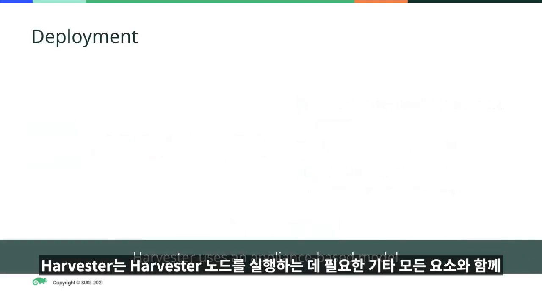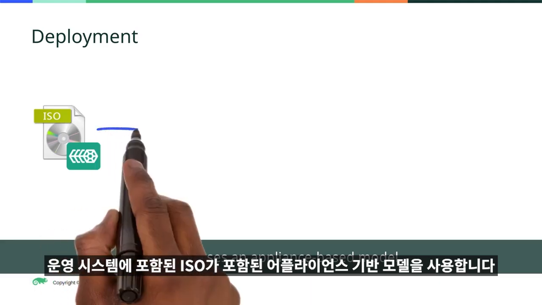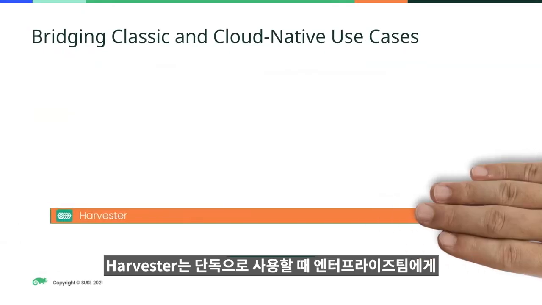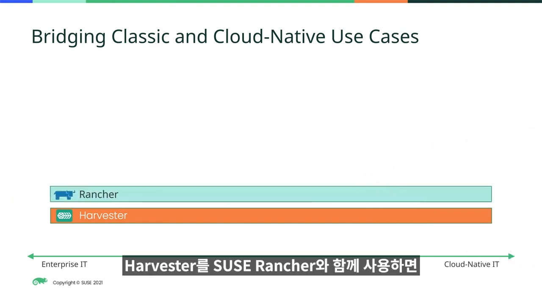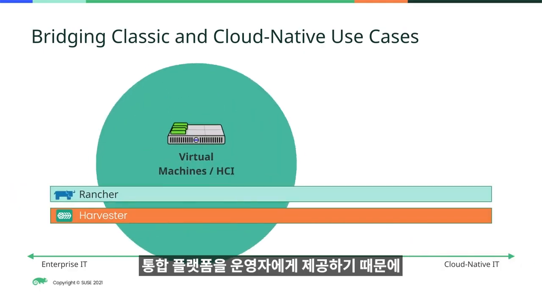Now, Harvester uses an appliance-based model with an ISO that includes the operating system along with everything else needed to run a Harvester node. Now, Harvester boots up into a specific node, and as that node joins the Harvester management system, it can be administered through the Harvester management console. When used by itself, Harvester provides enterprise teams with an easy-to-use management console that consolidates their day-to-day operations for their virtual machine environments. When combined with SUSE Rancher, Harvester provides operators with a unified platform for both virtual machine workloads and container workloads,